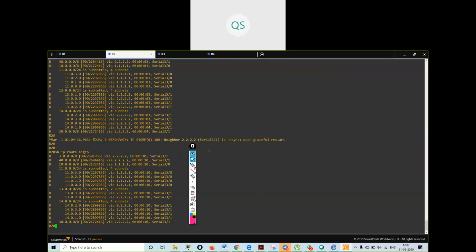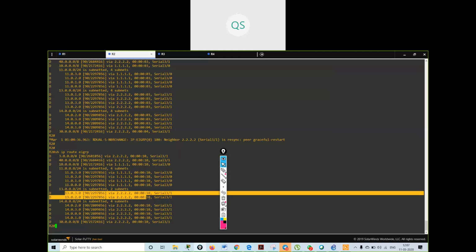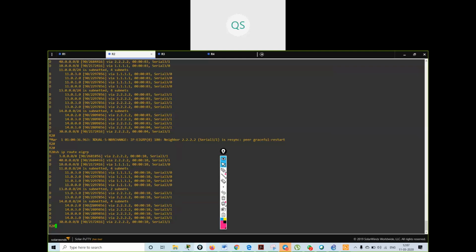See over here in the routing table, before I was getting this 1 dot and 3 dot network. Now I am not getting on R2 this 13.1 dot network and 0 dot network. Got it? So if you want that it should not allow, now if I go on R4 and if I